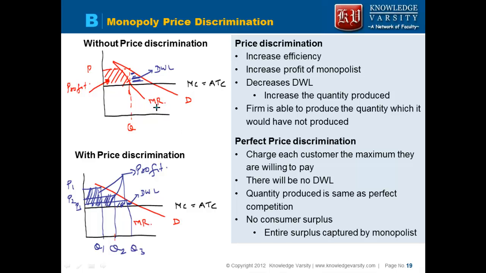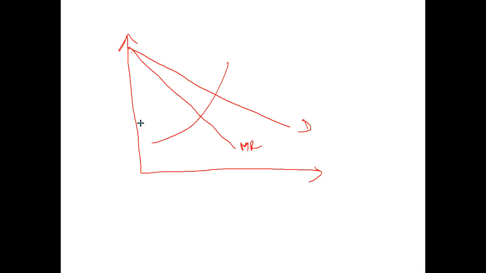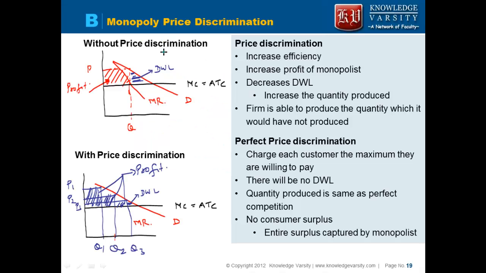Now what we are saying is, without price discrimination, this is a deadweight loss to the economy. We want to do something with price discrimination. The monopolist knows that this is the demand curve, this is the marginal revenue curve. If he produces till the marginal revenue is equal to the marginal cost, and the price is at this level, this is a loss to the economy. Now rather than charging a fixed price P to everybody,